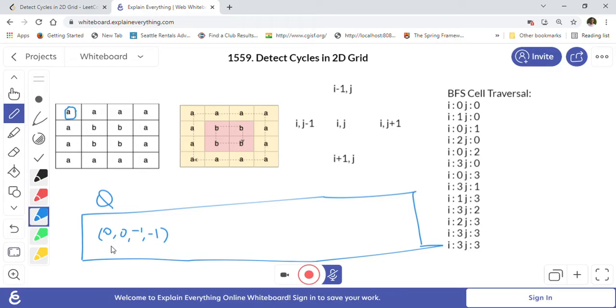And then in the next iteration of the BFS, we will take this cell out of the queue, and we will go and check in four directions, right? So the first one that we find matching is this one. So as you can see, this is 0 comma 1, right? So we will put that into the queue now. So 0 comma 1 is i comma j, and the parent cell where we are reaching here from is 0 comma 0, so that we have to put here, right? 0 comma 0 we will put, because this is an array, right?